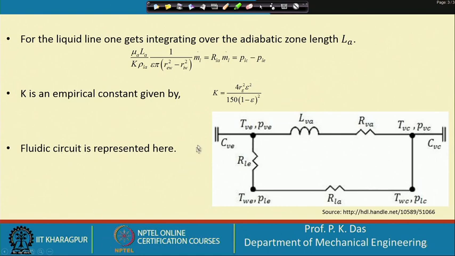Then the fluidic circuit whatever we have got can be represented like this. In the fluidic circuit we can see that there are different resistances, and other kinds of elements also. With that we can write down the fluidic circuit for our conceptual understanding, but we have already written the equation. Now, whatever I was telling, let us move to that.